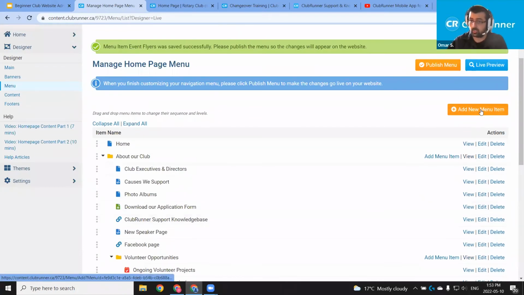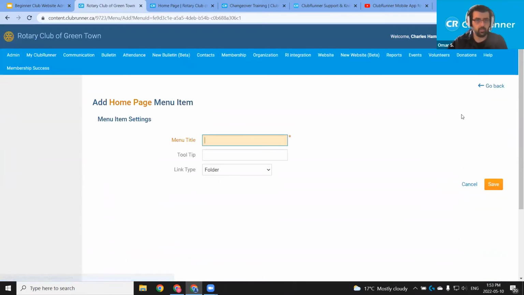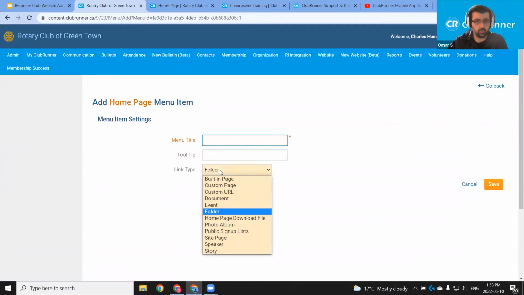So I'm using these add menu item links in the folders. You can also use this orange add new menu item. I'm going to use this button this time. So let's go ahead and click it. There we are. And this time I'm going to choose the link type